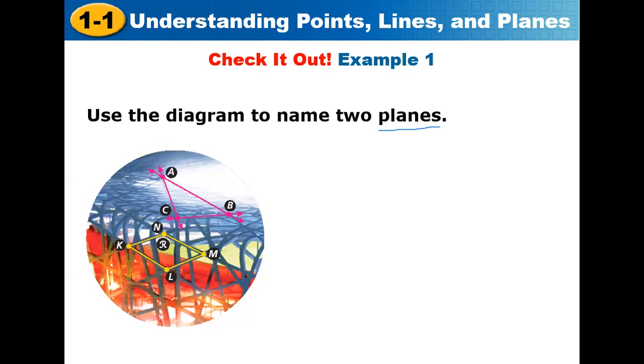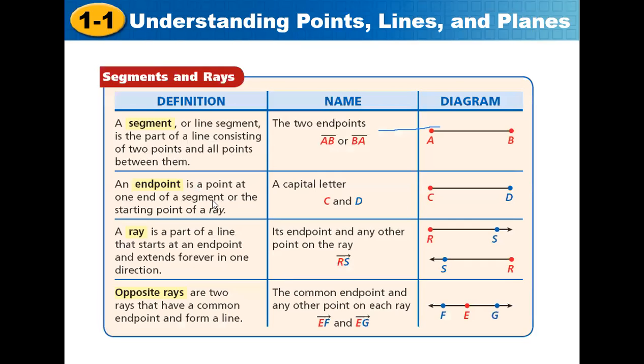The first method, we can say only a capital letter in the corner or any 3 non-collinear points. So let's check the answer together. The plane R and the plane A, B, C. So the first part, we're talking about undefined terms. But now we will move to the second part, which is talking about